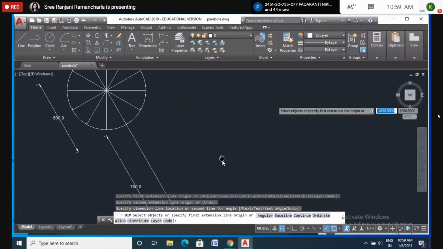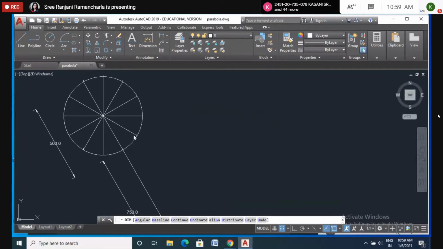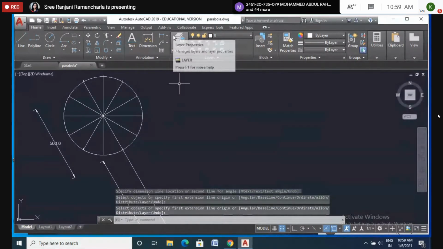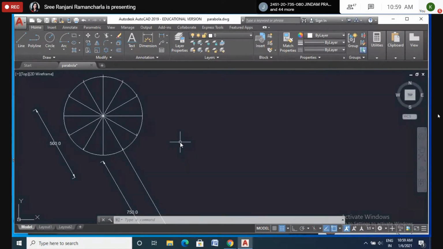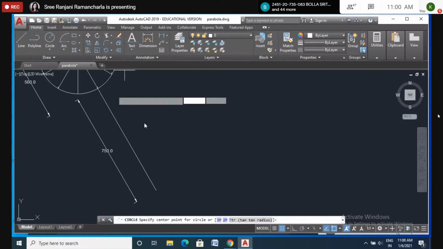Okay. So any one line, either you can take this line or this line, you can extend that line to 7.5 centimeters. Why? Because the path circle is 150 mm, 15 centimeters diameter. Okay, this is 15 centimeters. 15 centimeter diameter means here I will draw the circle so that you can understand.